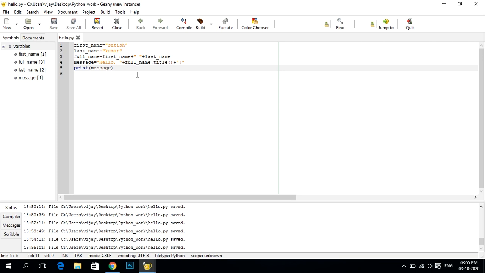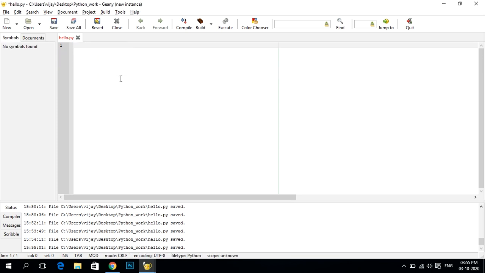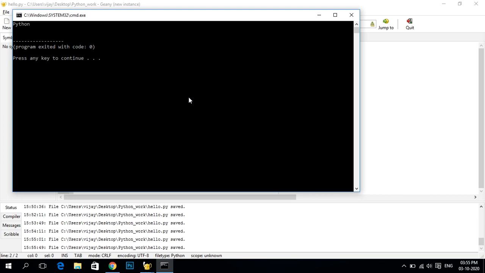Okay, so now what is white space? Do you know what white space is here? White space in a string means tabs and new lines. Let's delete this one, and if I want to print Python here, it will print Python.